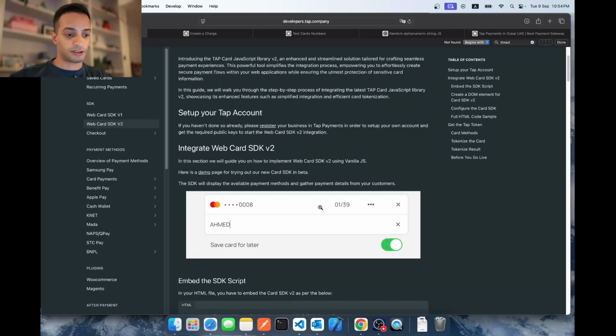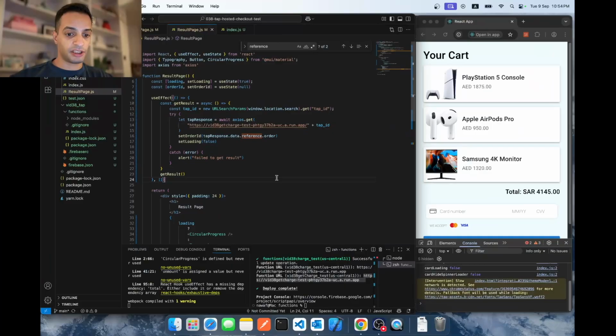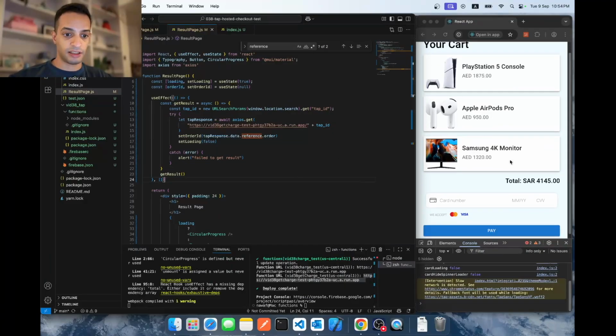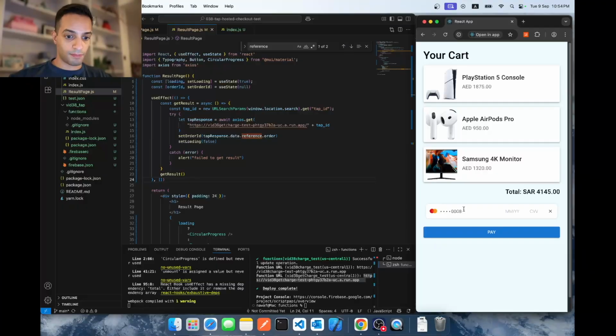It's a form that looks like this, and I'm going to show you how to add this form over here into your checkout page like this. This here is a demo of the end result of what we're trying to implement. Grab a test card, put it here,